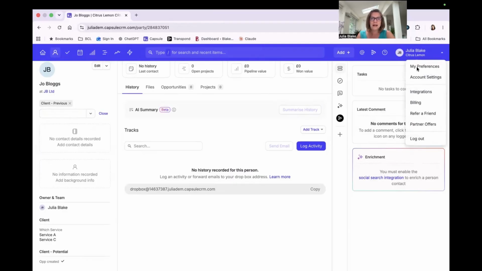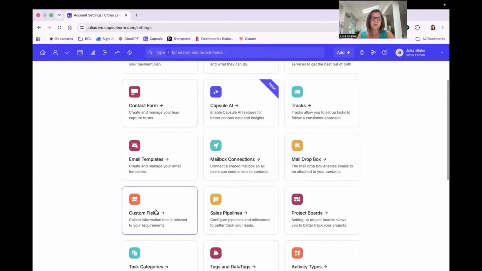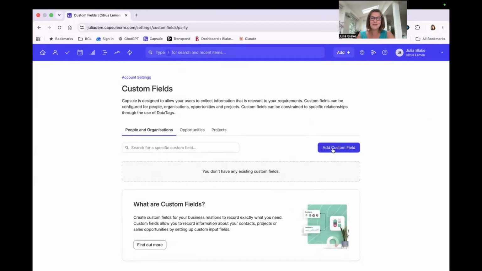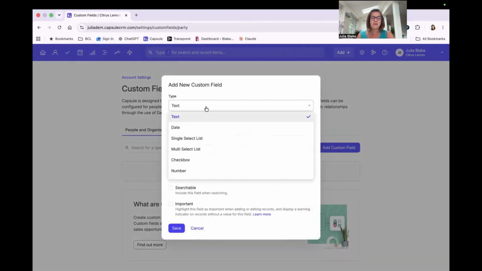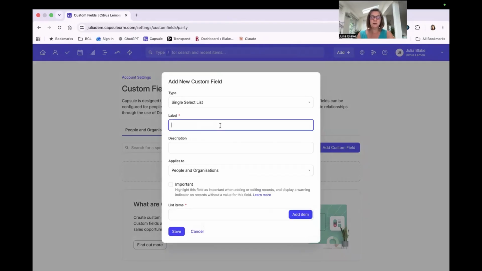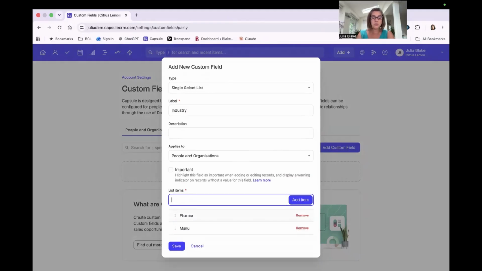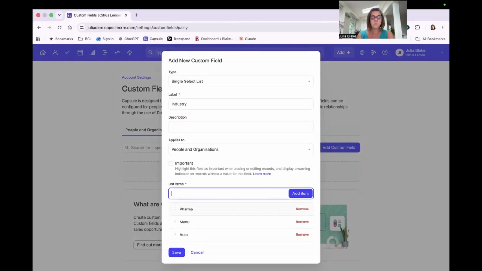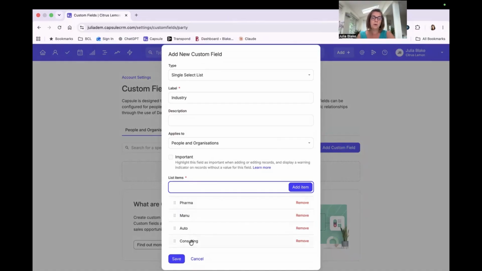So they are tags and data tags, but we might want to add some custom fields in as well. So a good example of a custom field for an organization would be industry. So we would have a single select list because organizations tend to only be in one type of industry. We would type in industry and we would then put in the particular types of industry. So maybe pharma, manufacturing, auto, or consulting, because we might only want to work with organizations that are in the consulting area, but